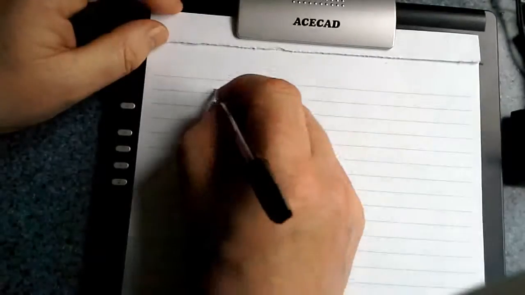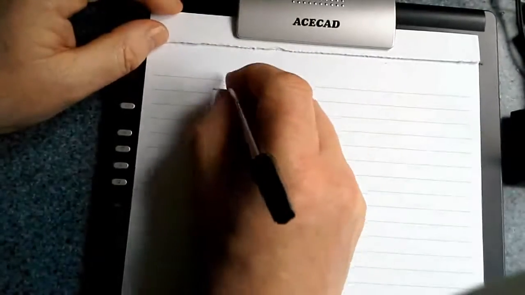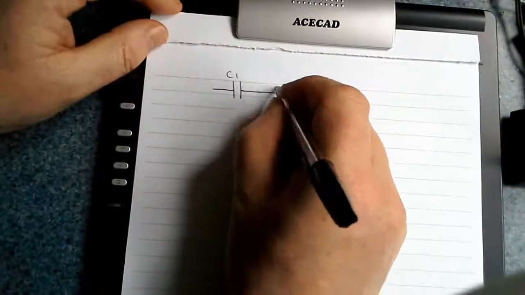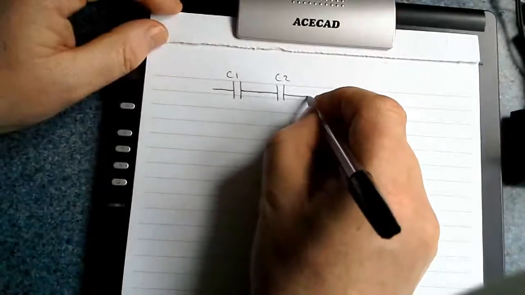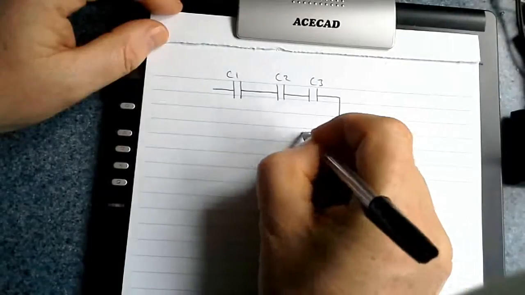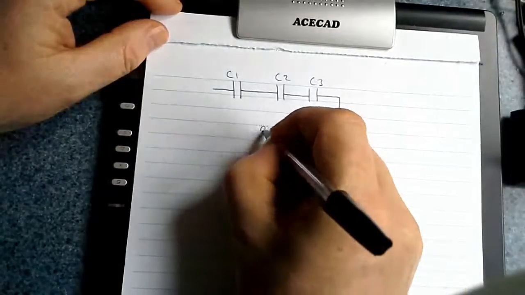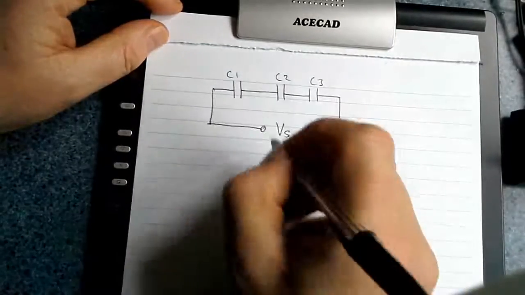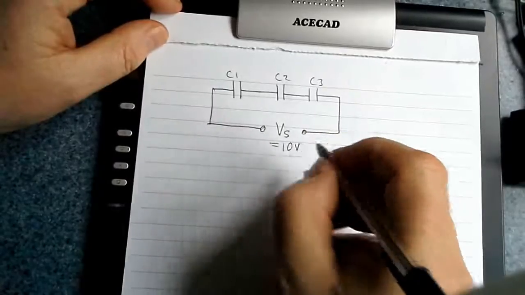Right, what I want to do in this video is calculate the total capacitance, the total energy, and the charge on three capacitors connected in series. I have capacitor C1 in series with C2 in series with C3, and these are across a supply. We'll call it Vs,